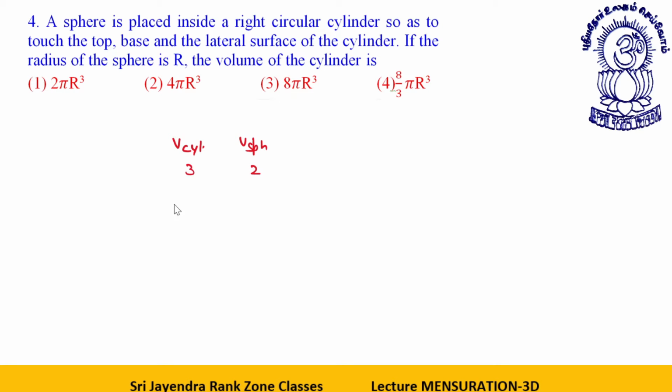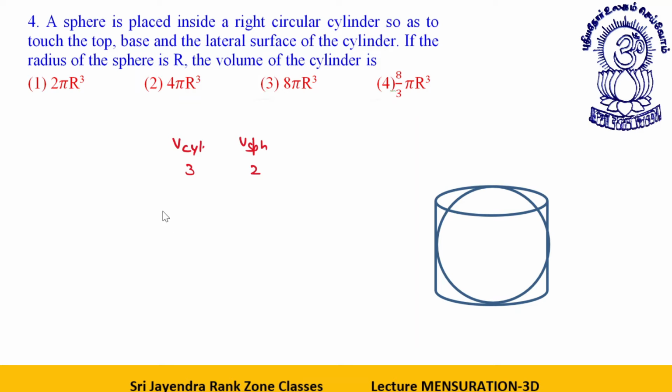So you can say volume of cylinder will be 3 by 2 the volume of sphere. That is 3 by 2 into the volume of sphere, which is 4 by 3 pi r cube. 3 and 3 cancel. This gives you 2 pi r cube. This is one way. The other way is, if you look at the diagram, dear students,